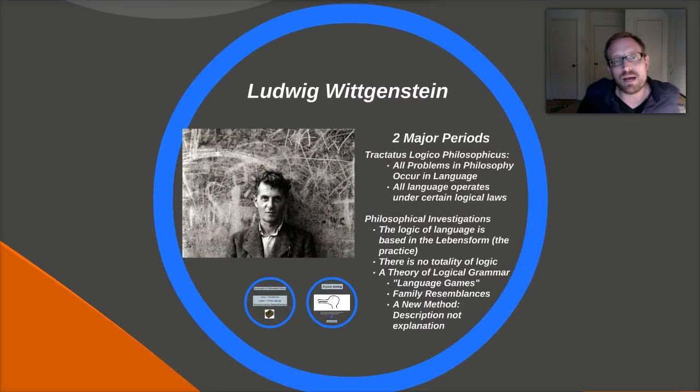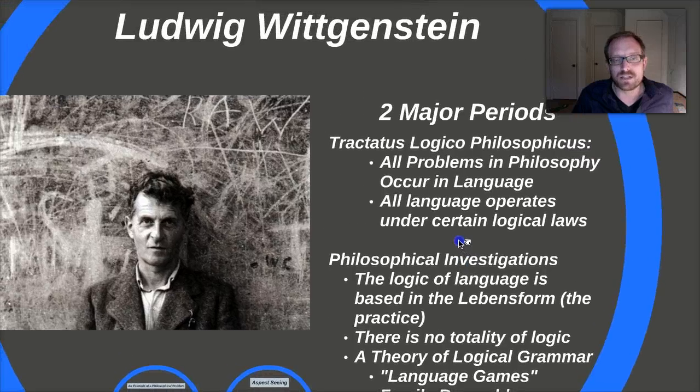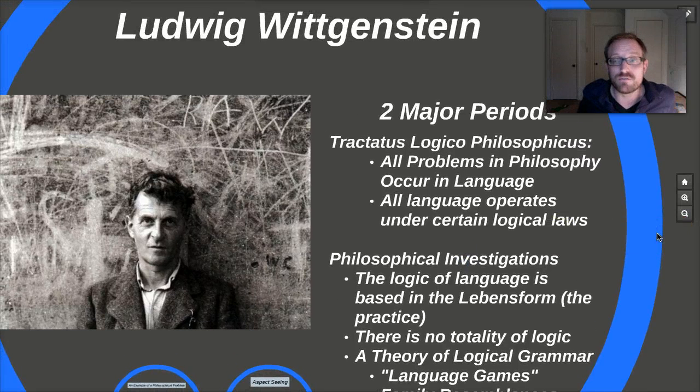And here's where I want to end our lecture tonight by talking about Ludwig Wittgenstein. I know this lecture has been going on a while, so I appreciate your patience. Wittgenstein was originally the protege of Bertrand Russell. There are two major periods. He's probably my favorite philosopher of the 20th century, probably the most influential as well.